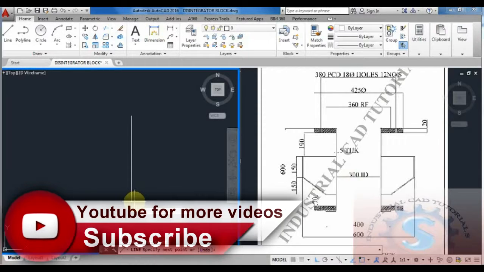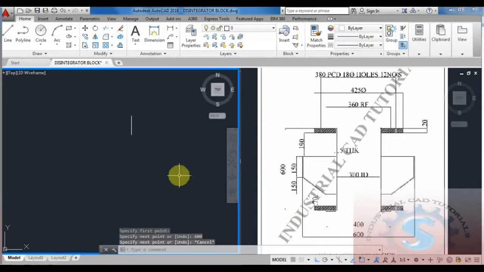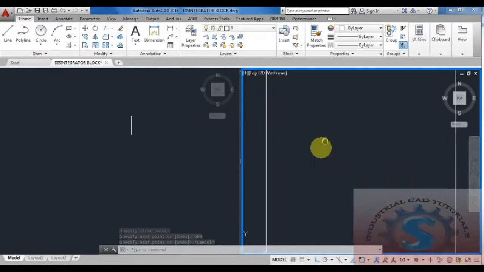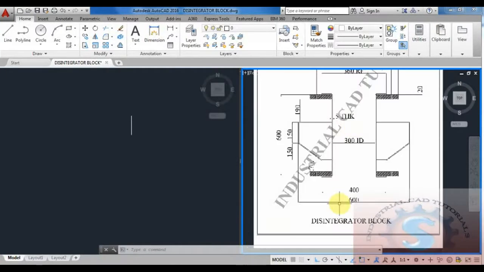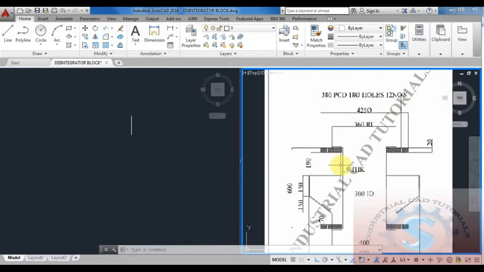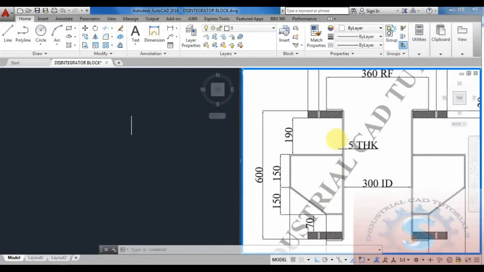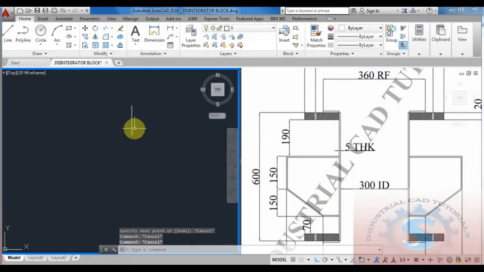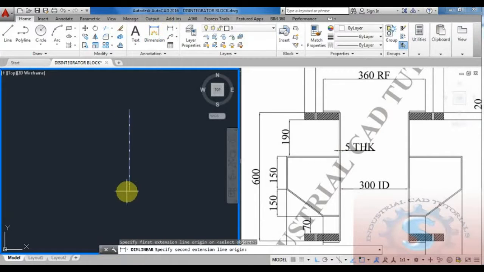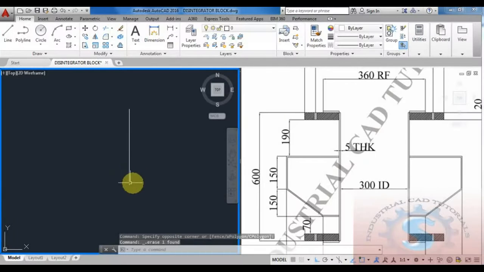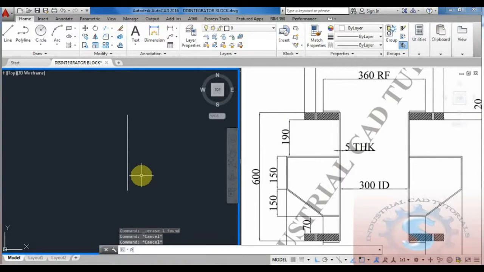and give the line command and specify the dimension of 600. The total height is 600, as mentioned in the drawing. On the right side all the dimensions are available. In the description the download files are available. You can also download these files from the description links. And 600 mm is the distance in between; some of the arms are there, and the 5 thickness and the 300 ID. This is the 600 mm dimension. By checking the linear dimensions, go to the offset